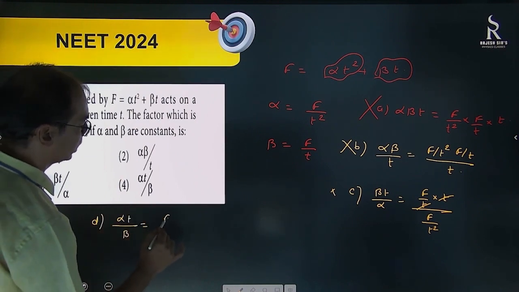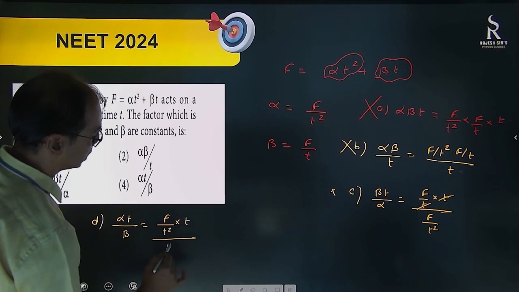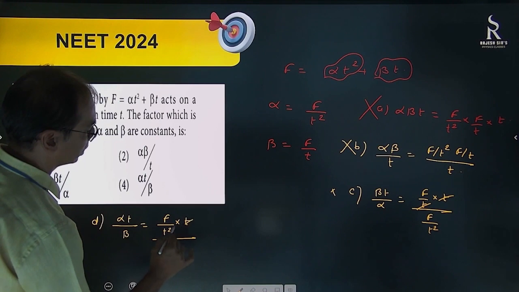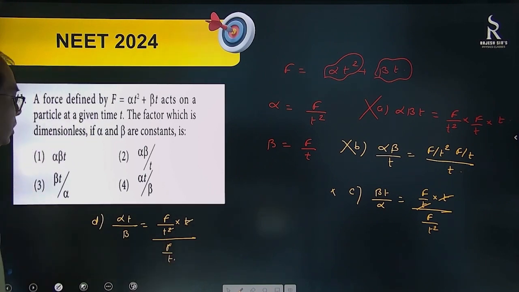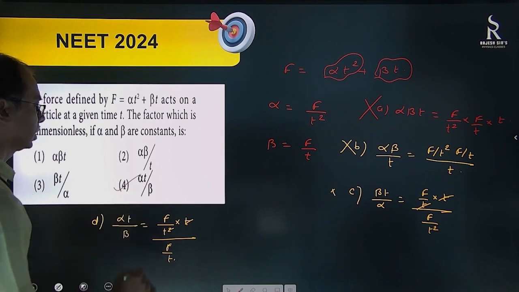Alpha means F by T square into T. Yes, it's correct. And beta is F by T. Perfect. This is dimensionless. So our answer is 4. Okay, this is correct. Then